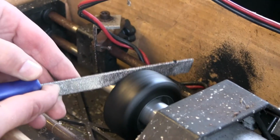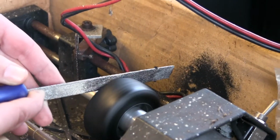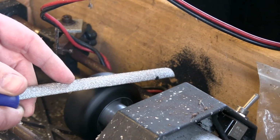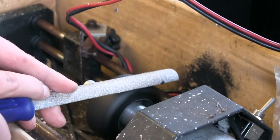Rounding the shoulders off to give you a nice smooth edge. It won't dig in any corner, and a nice matte finish on the tyre, taking off any high spots, using the extra